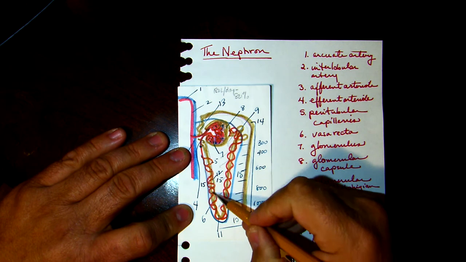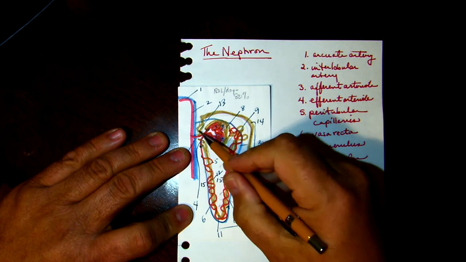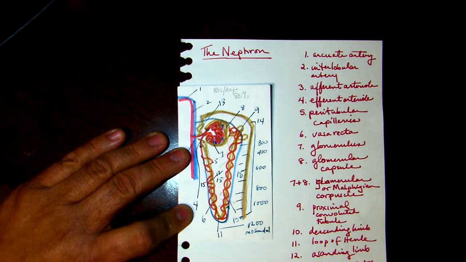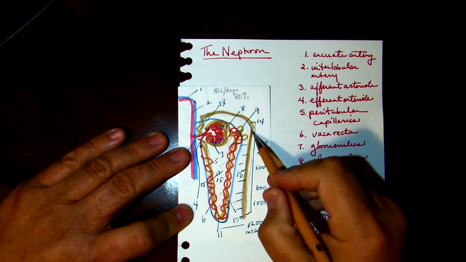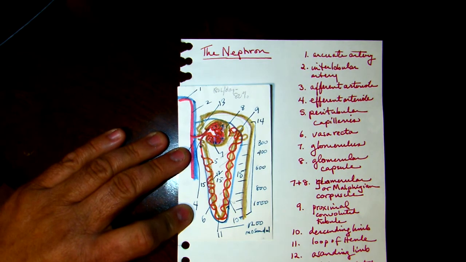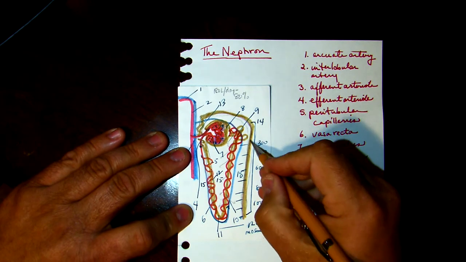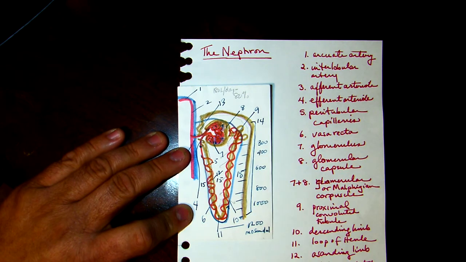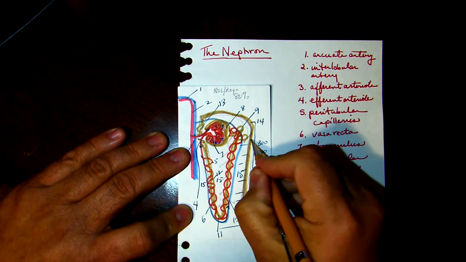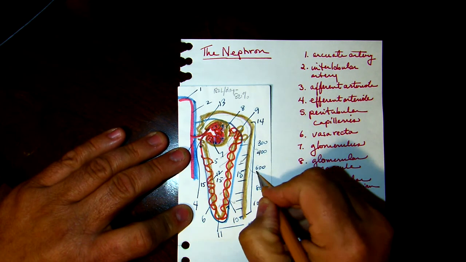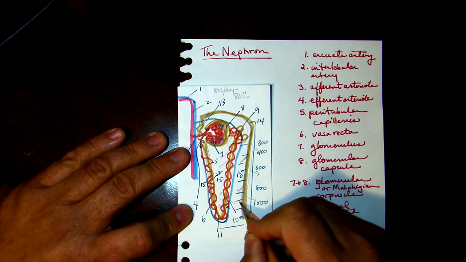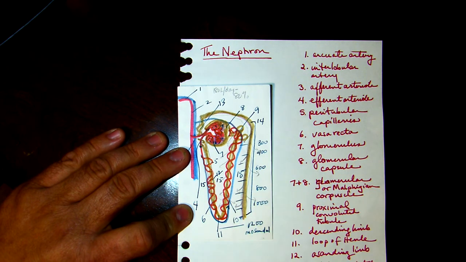The fluid will make it up into the distal convoluted tubule, and then as it comes around the bend over here, there is a drop in your water again, as more water will be resorbed by the interstitial gradient and then picked up by the